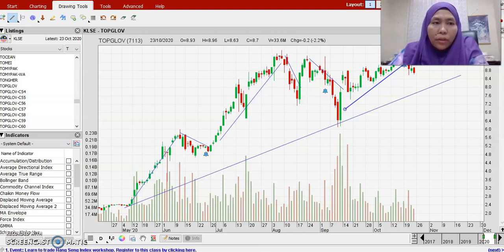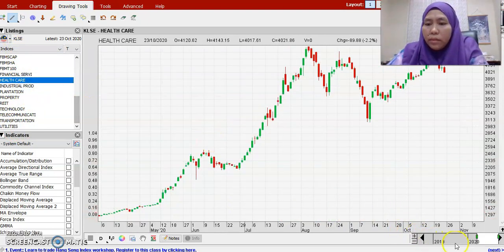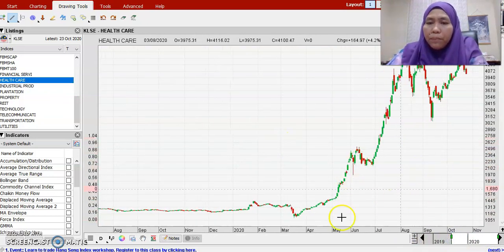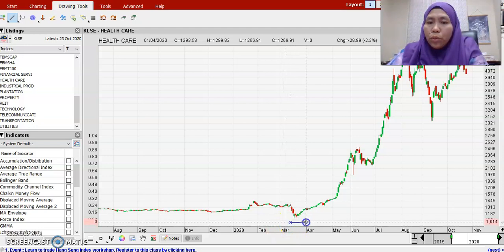Before I forget, I want to show you: we can also identify a trend for a certain sector. For example, if you want to see whether the healthcare sector is still in an uptrend or not, you just go to indices and choose any sector you want. This is the healthcare index. We can see that the healthcare index started to increase